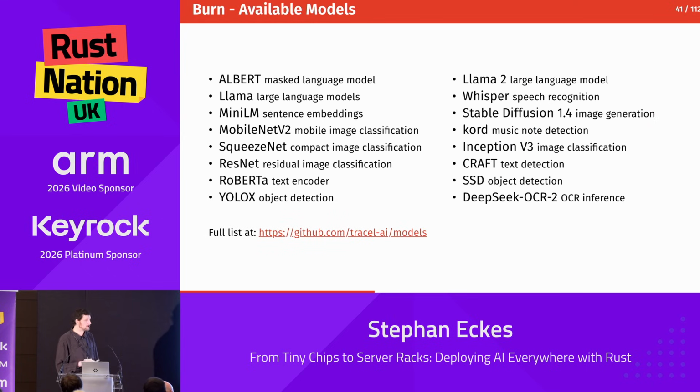You have already pre-trained models available that they implemented first party or other people implemented. So then you can just load the saved tensor file and use the model. And you see there's already a nice list like Llama, Whisper, MobileNet. So maybe the model you want to run is already implemented in the engine, which is pretty nice because it's a bunch of work to implement this model.